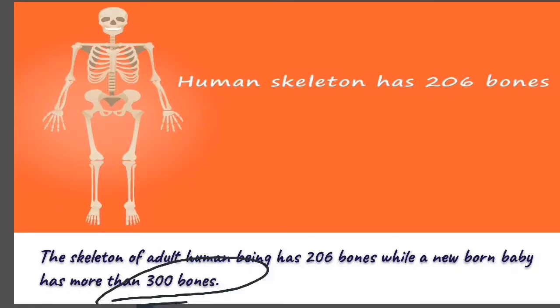That's why we have 300 bones in a newborn baby, and once we become adults, a few of these bones get fused and join with each other. So that's why this number is further reduced in an adult person. Nowhere are our bones going, we are not taking them out of our body, and they are not getting dissolved inside the body. What is happening is that they are fusing inside it.